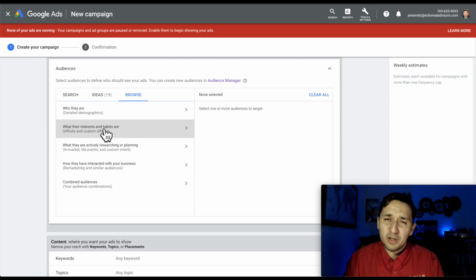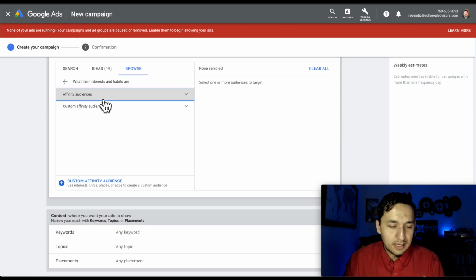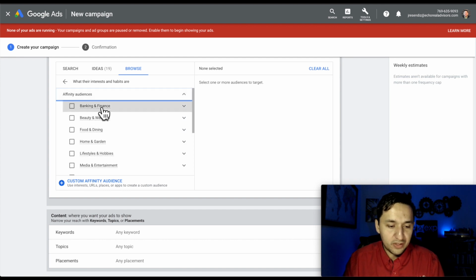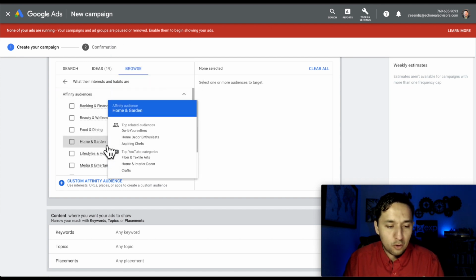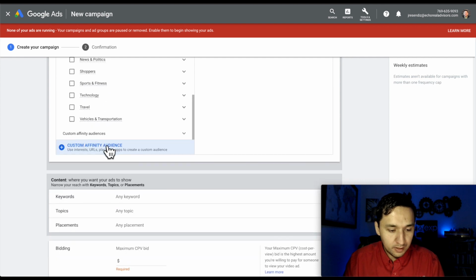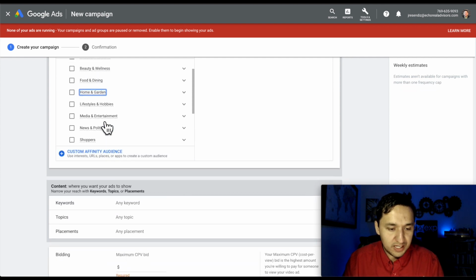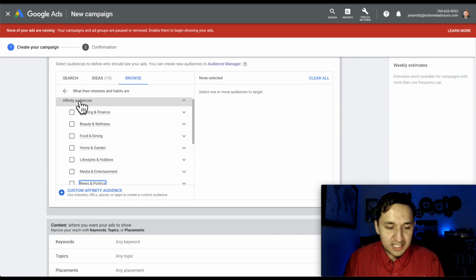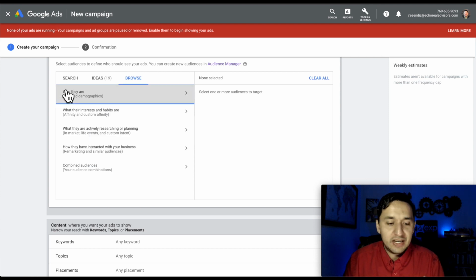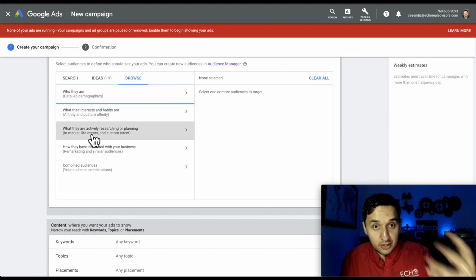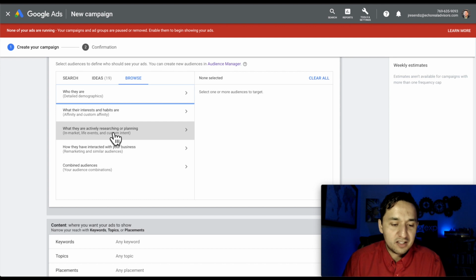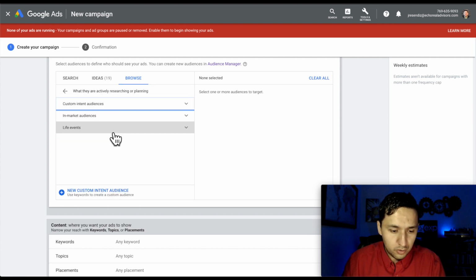So their affinity, what they're normally searching for. You're going to see the affinity. If they're normally into banking and finance, home and garden, sports and fitness, news and politics. So essentially their interest, their affinity, you're able to target based off of their interest. You're able to target based off of what they're actively looking for, what they're searching for, what they're in market to purchase. So you're going to click here,